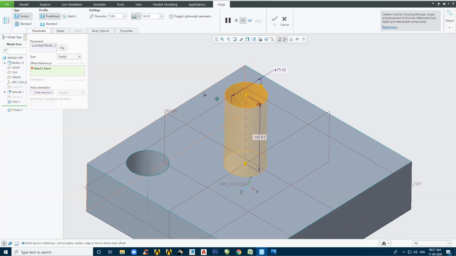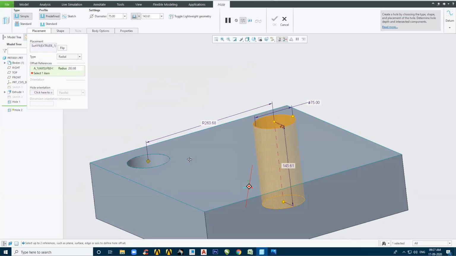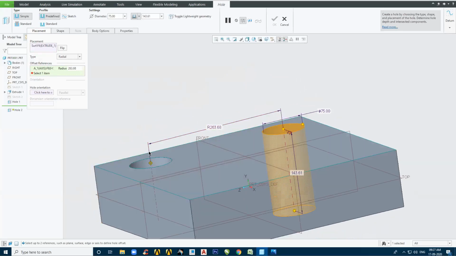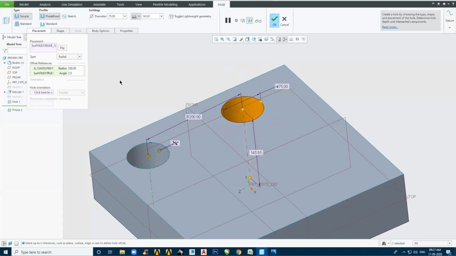Okay, I am taking this handle and I am clicking on this axis. Now you will notice that a radial distance has been taken from this axis. From this axis to this axis, the radial distance I want is 200. And from here, the reference should be taken from this edge, and I can tell it what the angle is. I am saying the angle is 0 degrees. Got it?